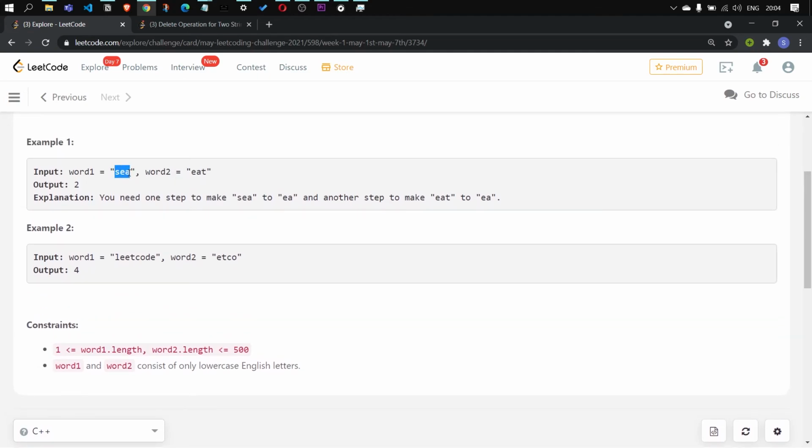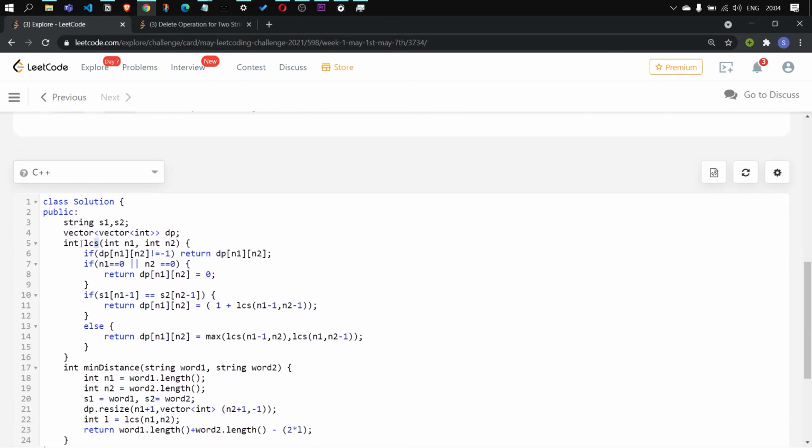For example, in this case, SA is a subsequence of the original string, and SE is also a subsequence of the original string, but SA is not a substring of the original string, because when you consider a substring, all the characters should occur in a contiguous manner. So this was the code for longest common subsequence, not to be confused with longest common substring.